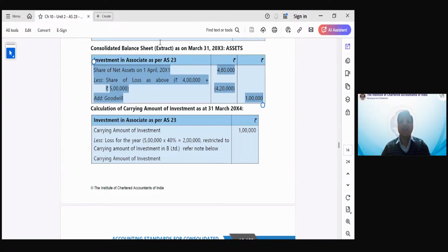What was the amount of investment in the consolidated balance sheet? Tambeshwari says 1 lakh. That's 1 lakh. Yes or no? That's 1 lakh. Okay, now